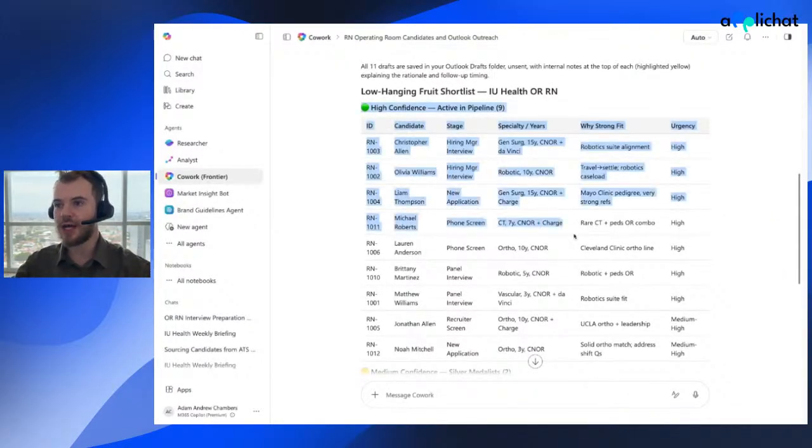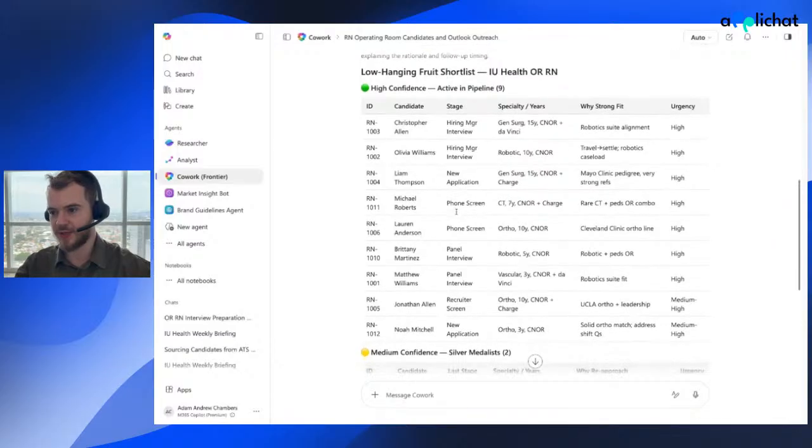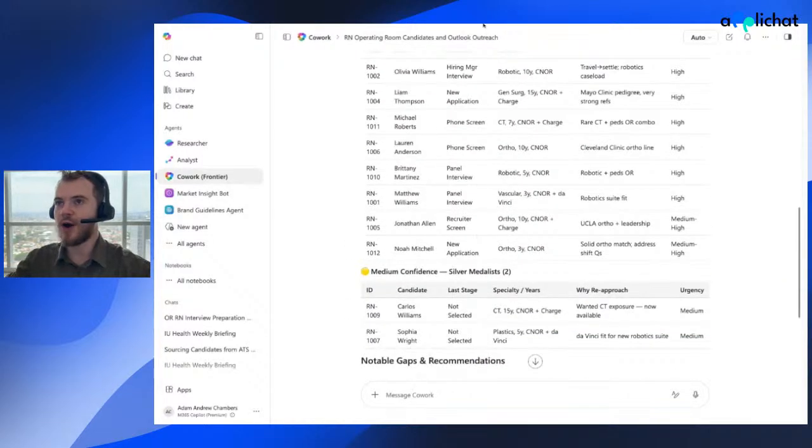These are all candidates that were in my ATS, and it's identified who would be a strong prospect to reach out to, who would be a mid-level prospect, and coded notable gaps. So if I open up my Outlook, I should be able to see the drafts of those emails that it's created in there